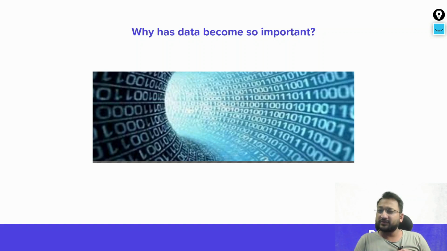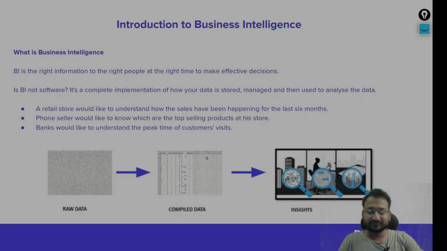Now, let me give you some small facts on what happens around the globe within 60 seconds. Almost 7 lakh hours of Netflix is watched around the world. There are 20 million text messages that people send to each other. There are millions of scrolls that happen on Facebook, Instagram, etc. See, everything is generating data, and that's where it becomes very important for us to manage and handle that data well. And that is where this tool Tableau is going to help us.